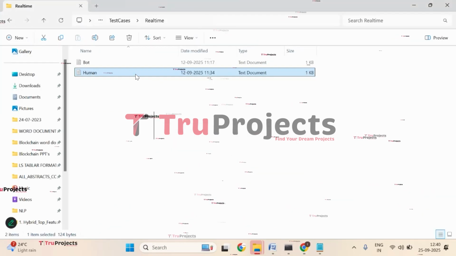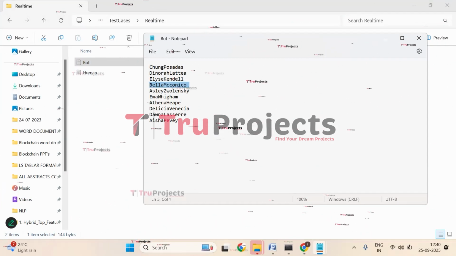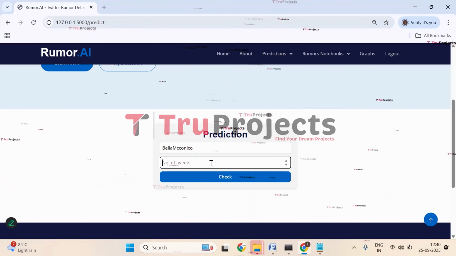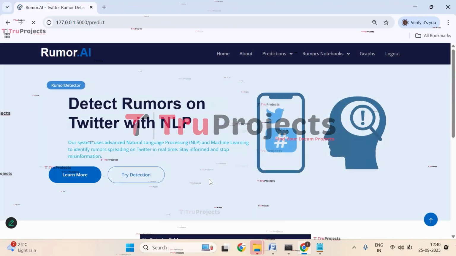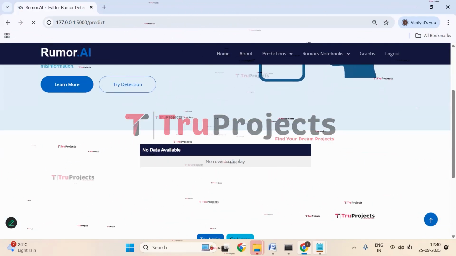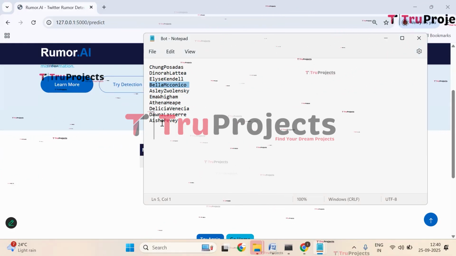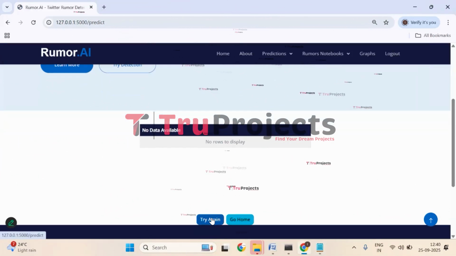So let's open the bot file. Let's check with this one. Paste it. Number of tweets are 10. Click on check. And here we have no data available. Let's check with the other one. So let's try with this one. Click on try again.